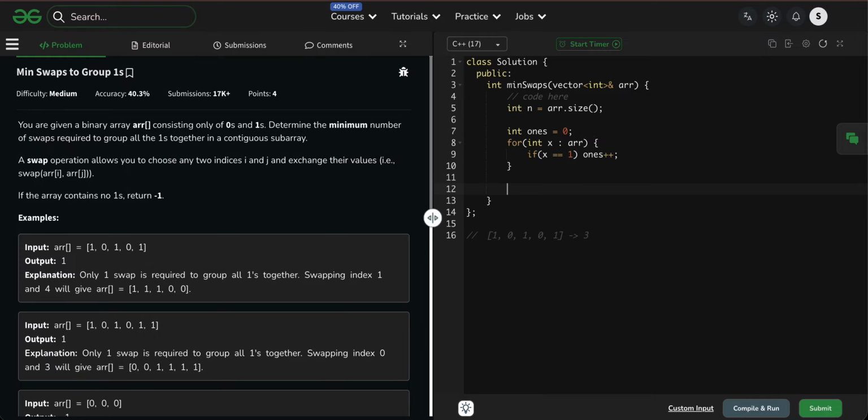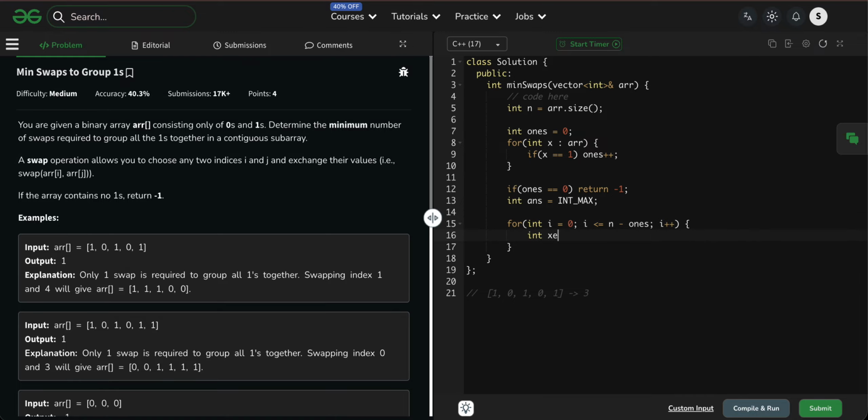Now if ones is equal to 0, then return -1. Int answer is equal to int max. For int i equal to 0, i less than or equal to n minus ones, and i plus plus. This is a brute force approach.